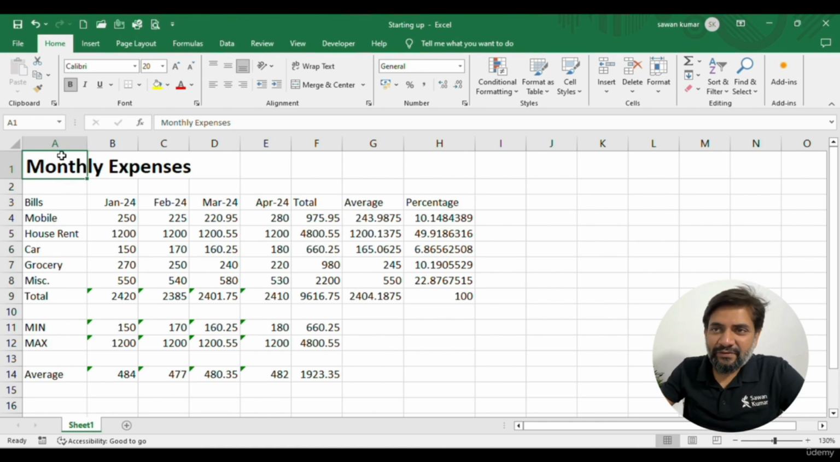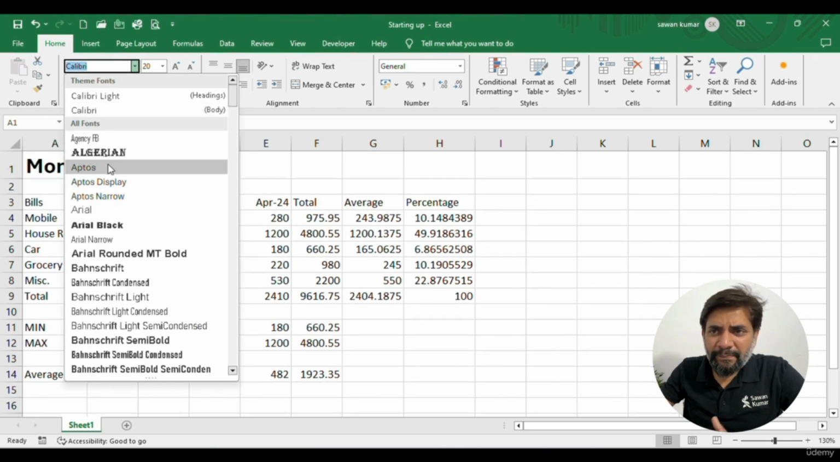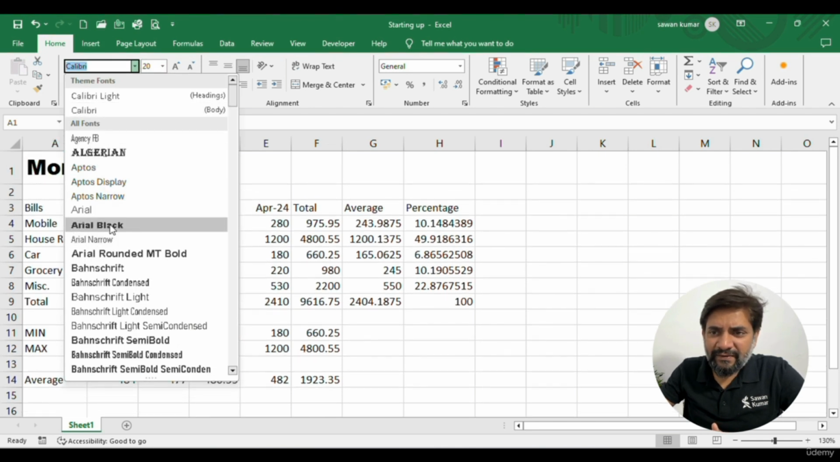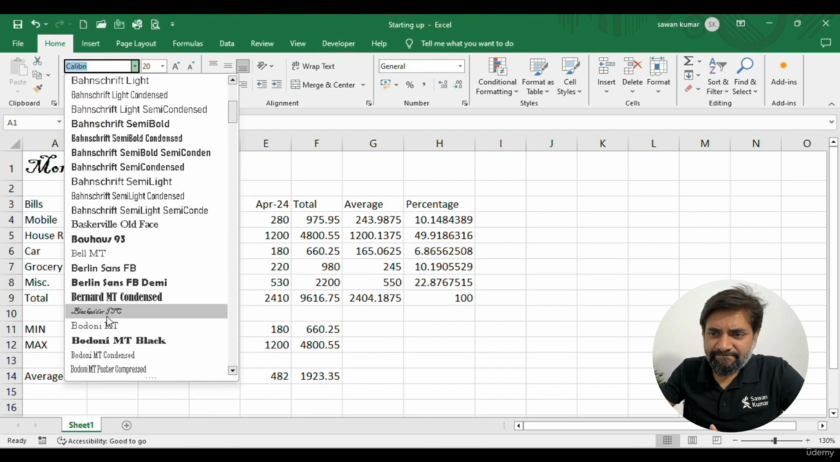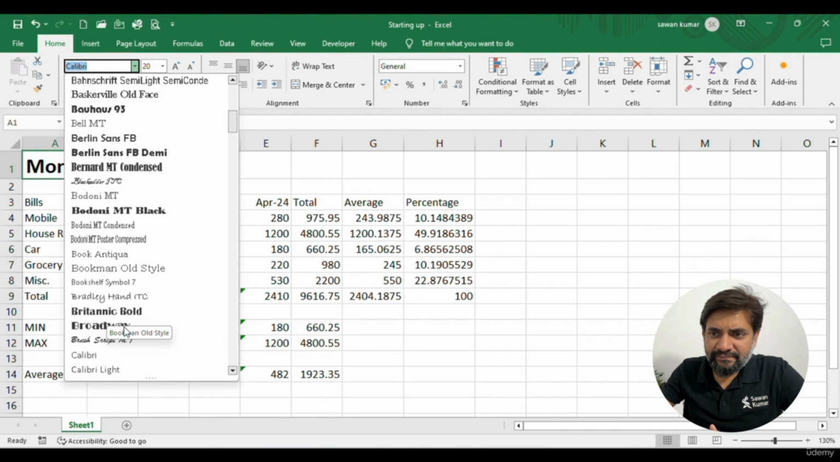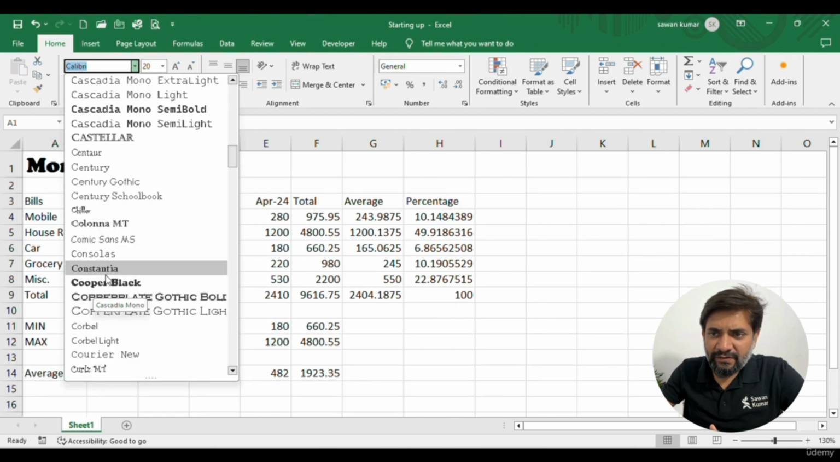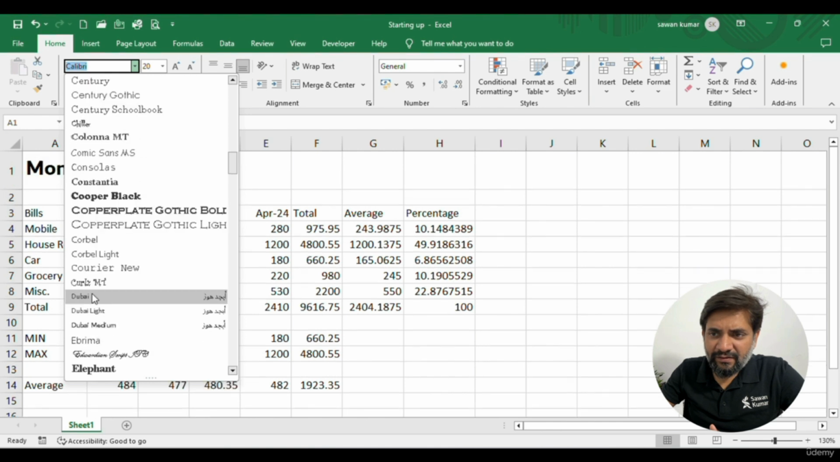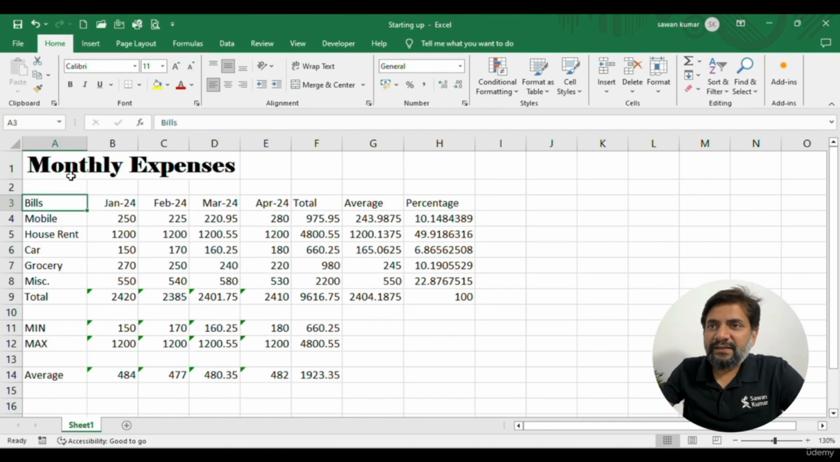What else can you be changing? So let's say I do not want to use Calibri, rather I want to use something more prominent, like maybe Arial Black or something else. Let's say we use Copper Black or maybe Elephant. Okay, yeah. So that's a different font here with a different font size and it being made bold. What else can you do here is